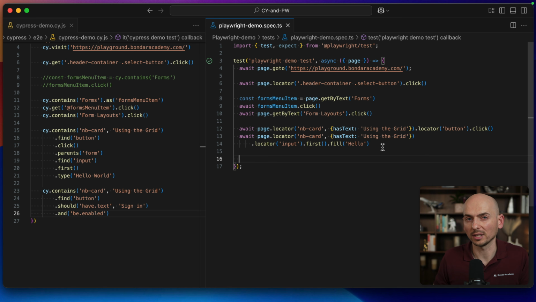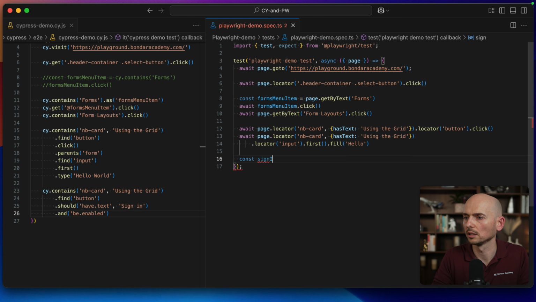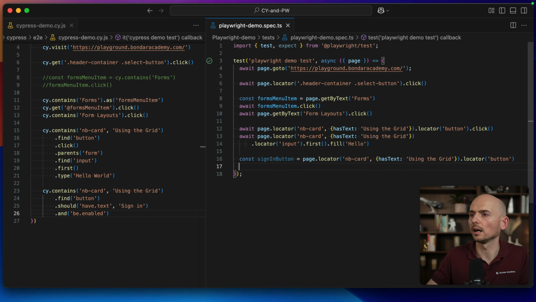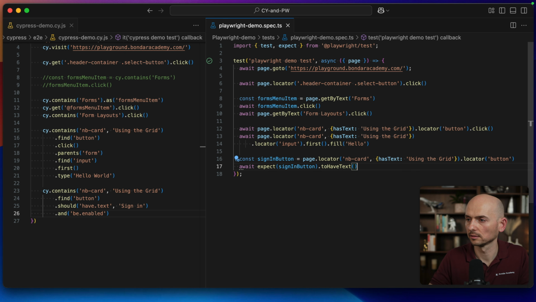So in Playwright, first it would be recommended, considering the size of the locator, to save this locator as a constant, just for the convenience of the scripting. So I save the constant, sign in button equals this, which is my locator, and then there is the expect library to perform the assertions, and I expect this sign in button, and I need to remember that this is a locator assertion, so I need to use the keyword await,